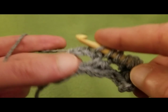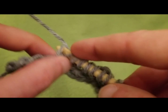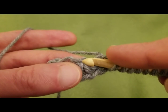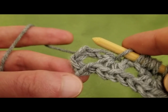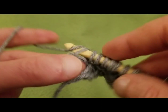And then picking up 1 in each of these 3 chains. So that's 1 and 2 and 3. And then again, the little loop that was holding our cluster together. And then we reach the end. So again, we need to go into our chains, picking up a loop in each. So that's 1,